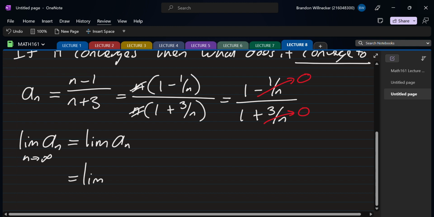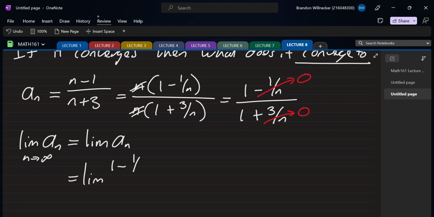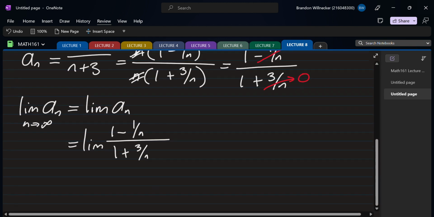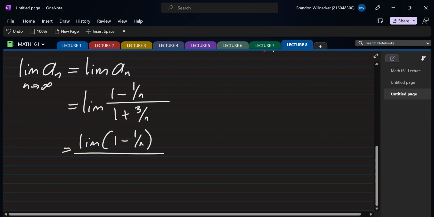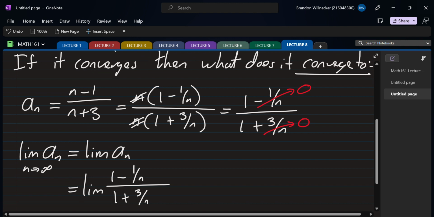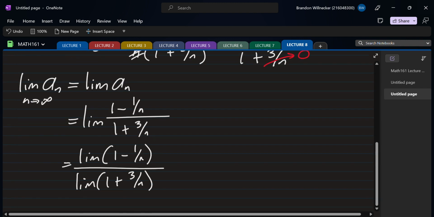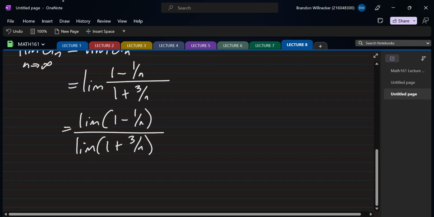So that will be the limit. We have our working here, so it will be 1 minus 1 over n over 1 plus 3 over n. And like we said, the top and the bottom limits exist, so we can separate this. So this will be the limit of 1 minus 1 over n in the top, and we're going to have the limit of 1 plus 3 over n in the bottom. And our previous working over here said that that was fine to do, so we're good with that. So this